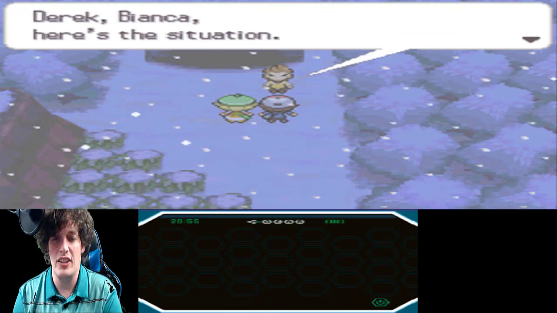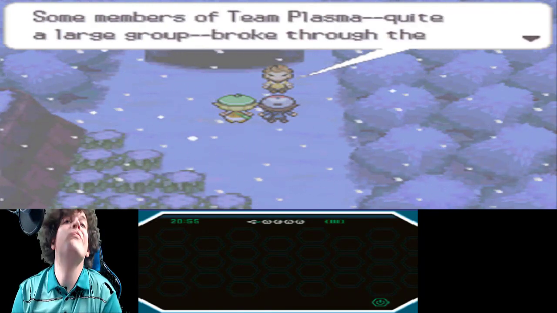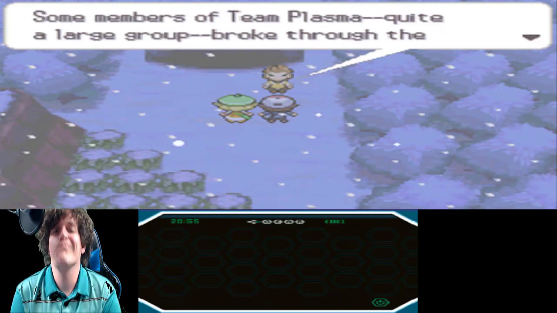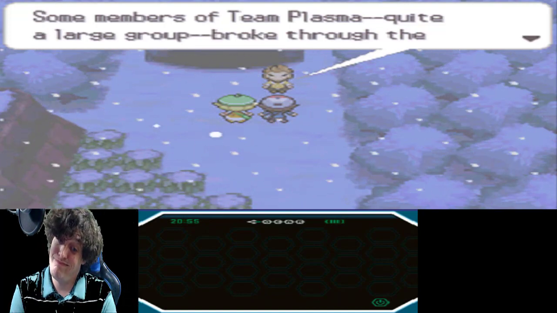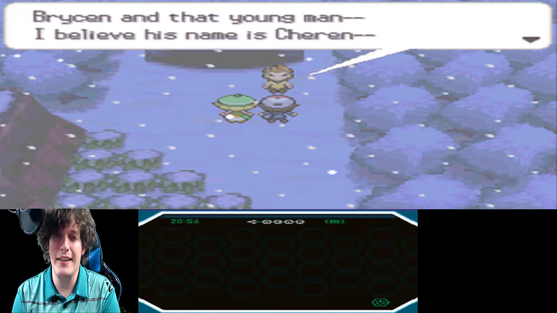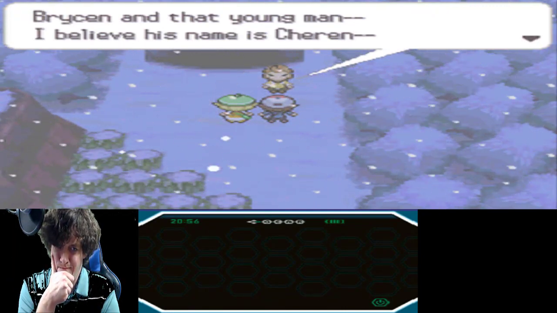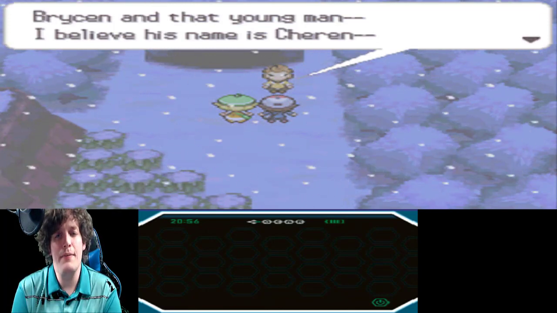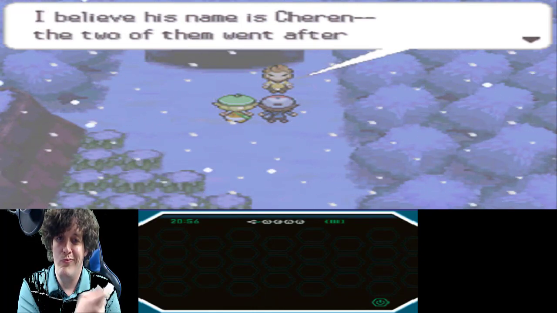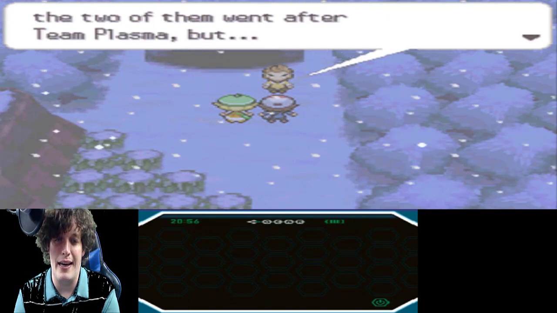Derek, Bianca, here's the situation. Some members of Team Plasma, quite a large group, broke into the tower wall and went inside. Surprising that young man. I believe his name is Sharon. Get on with the two of them who went on to Team Plasma, but...